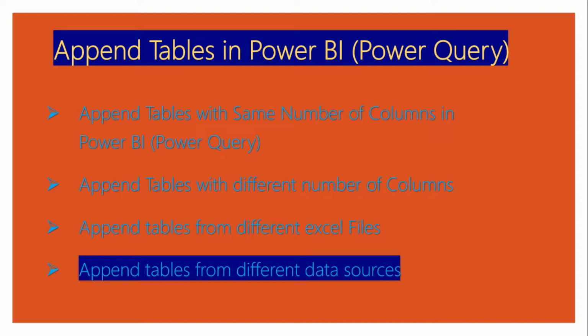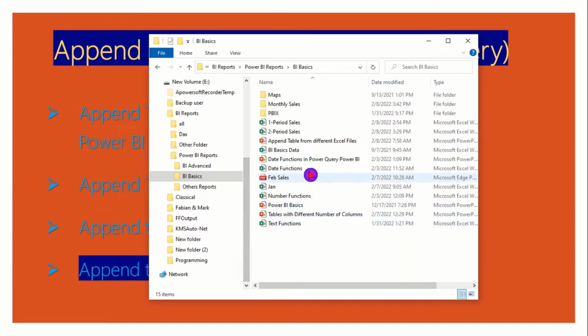And now I want us to see how we can append tables from different data sources. So let me show you the different data sources that we can source data from. This I'm just giving as an example. So we have an Excel file, that's a data source, and then we also have a PDF file